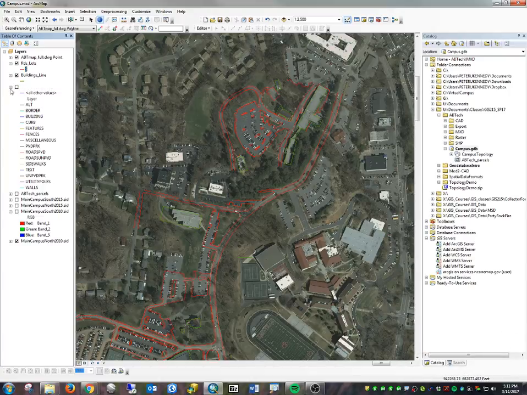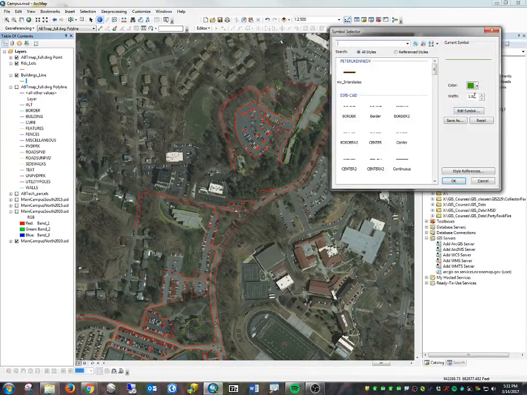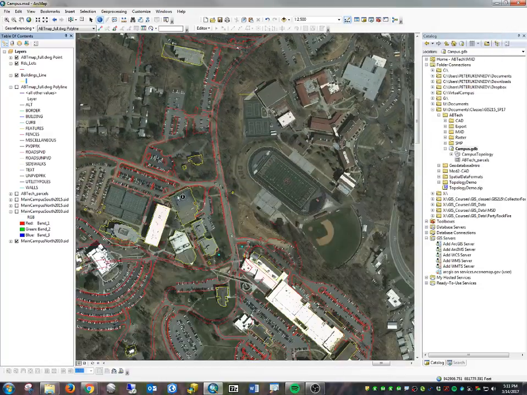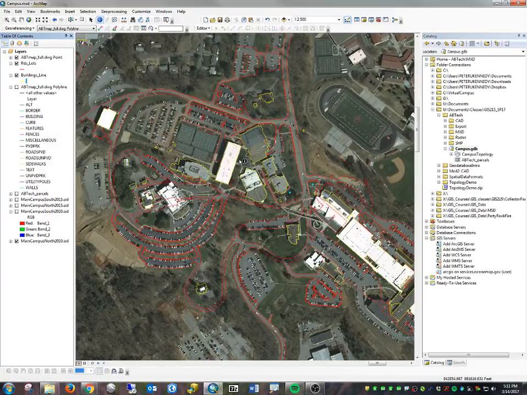And let's also change our buildings to something we can see well, like yellow. There you go. All right, so look at that. We've got this data that came from a CAD layer, CAD data set, CAD drawing data set, and now we've built it into some